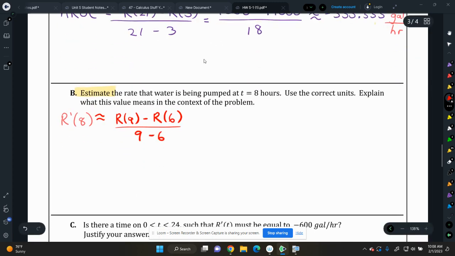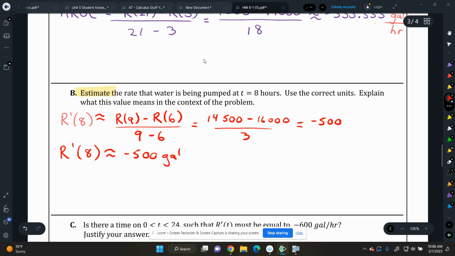So R of 9, that's 14,500 minus R of 6, which is 16,000 over 3. And that comes out to negative 500. So we're going to say R prime of 8 is approximately negative 500, again, gallons per